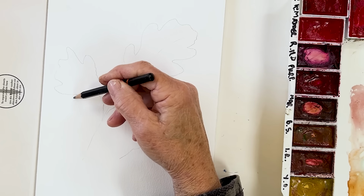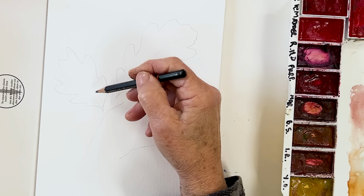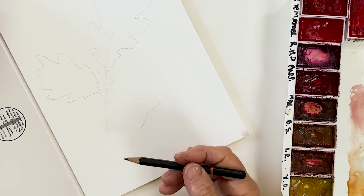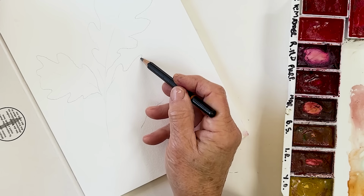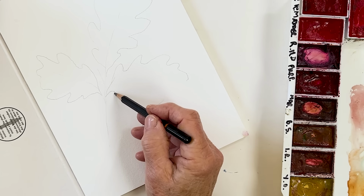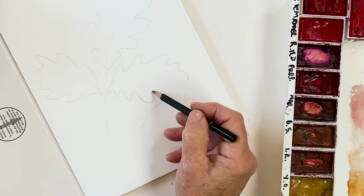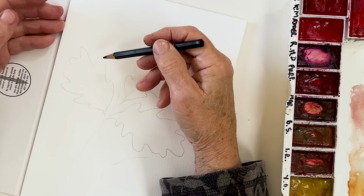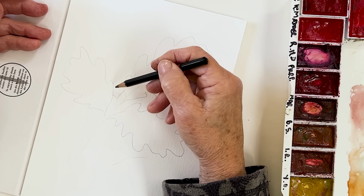If you're new to painting, you might hesitate a little bit about this. Doesn't matter if they go a bit funny like that, because they often are unevenly lobed or damaged, but the lobes are smaller near the base of the leaf. So, and then we're going to tuck one in behind here. So we'll just come out here and